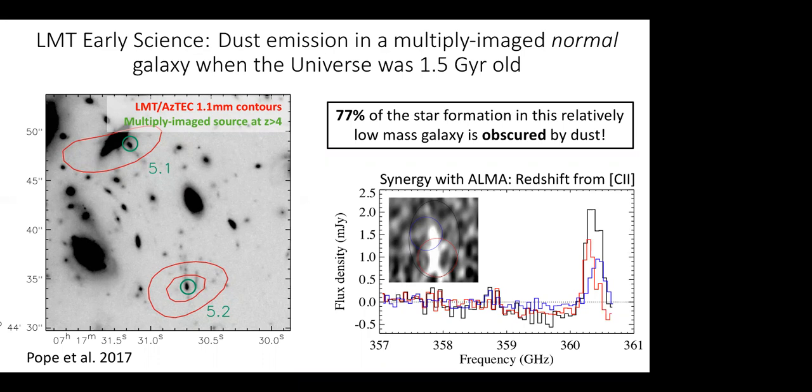Here's an example by Alex. What Alex has been focusing on is using lensing to study more normal galaxies in the early universe. So this is an example of an AzTEC observation of one of the Frontier Fields clusters, where, using the lensing model and AzTEC data, Alex identified a family of objects that are from a high redshift. And the example on the right shows the determination of redshift using ALMA, a carbon-2 line at redshift about 4.3.